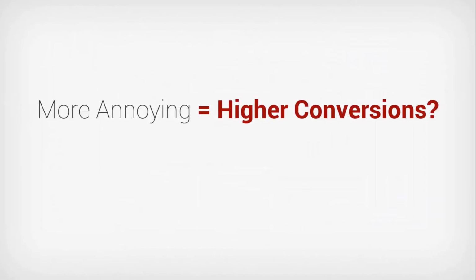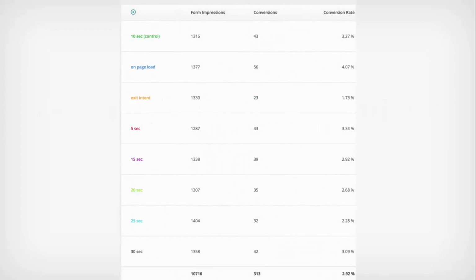It's true that it is annoying because it's interruptive. It has an interruptive nature. The lightbox opt-in form gets in your way, it interrupts your browsing of a website, and it's hard to ignore. We can ask ourselves whether that's part of the reason why it's more effective. We've done some other tests that suggest you can almost establish a rule that says the more annoying the thing is, the higher the conversions. Let me show an example of what I mean.